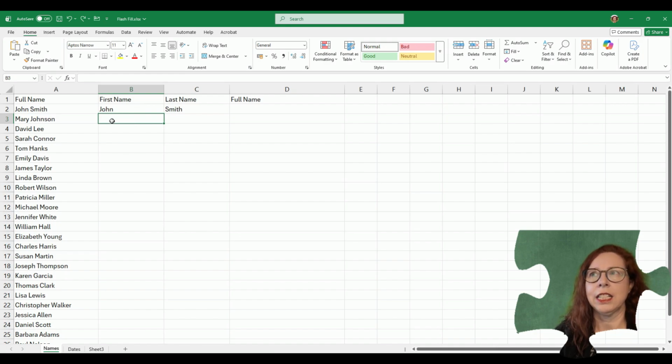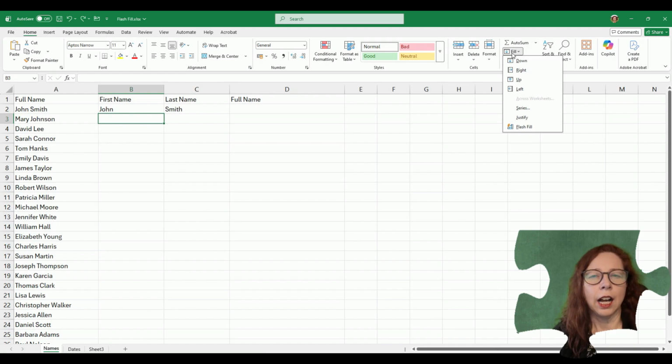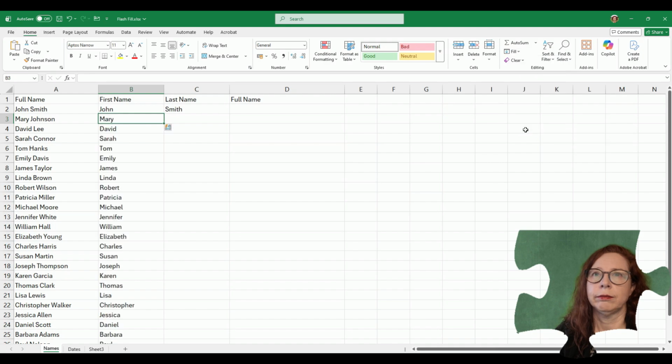Now, if it's not done anything, then all you do is go up to the Home tab, over into Editing, and click on this, which hopefully says Fill. I find on my smaller tablet that it doesn't say Fill, it just has this little symbol, okay? And then you just click on the drop down and choose Flash Fill. There we go. And if I do the same here,